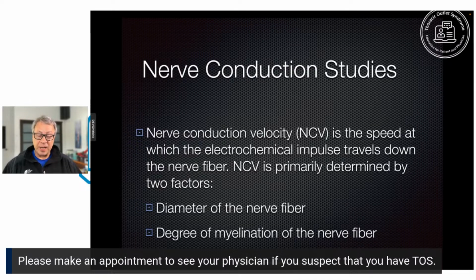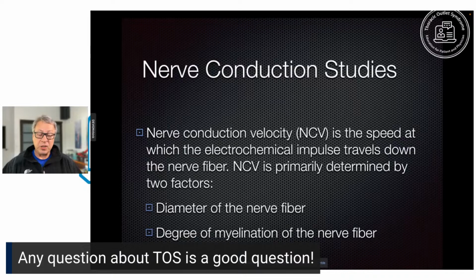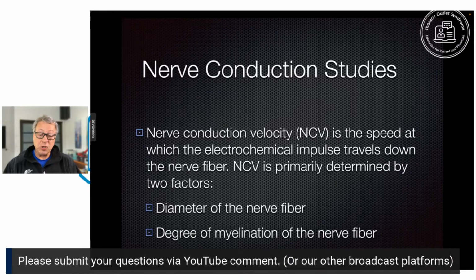Nerve conduction velocity. It's the speed at which this electrochemical impulse, or just picture it like a signal, how fast does this signal travel down the nerve fiber? Very importantly, nerve conduction velocity is primarily determined by two factors: the diameter of the nerve fiber and the degree of myelination of the nerve fiber. So a larger diameter nerve fiber moves faster, the impulse travels faster, and a myelinated nerve fiber travels faster, the